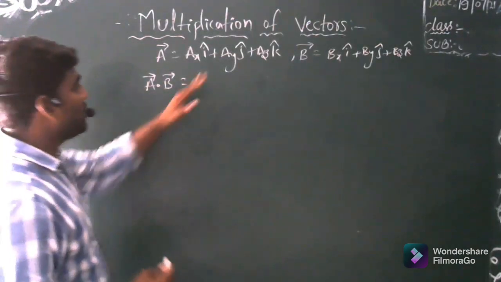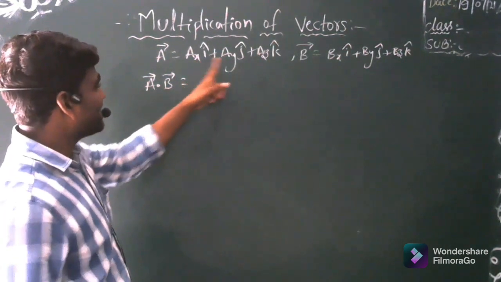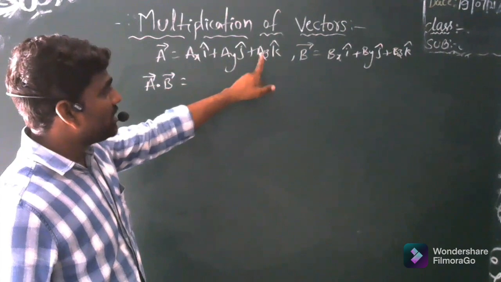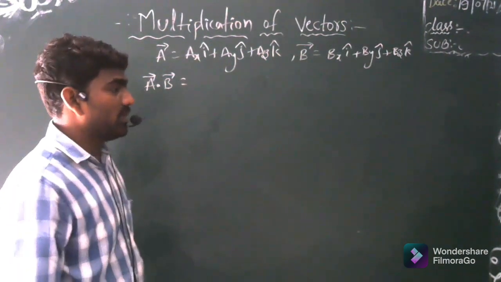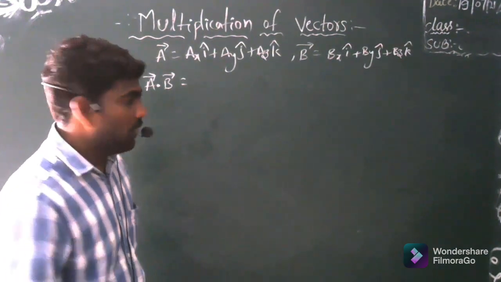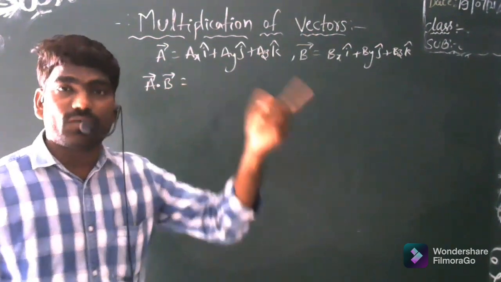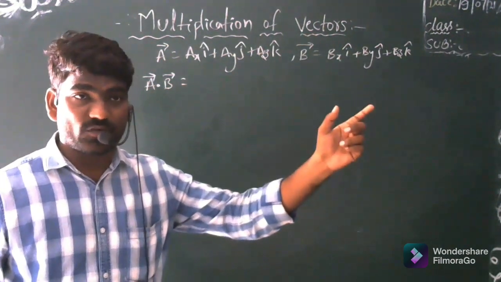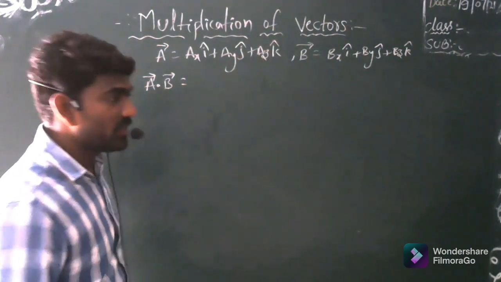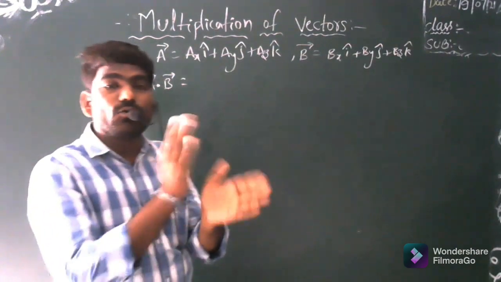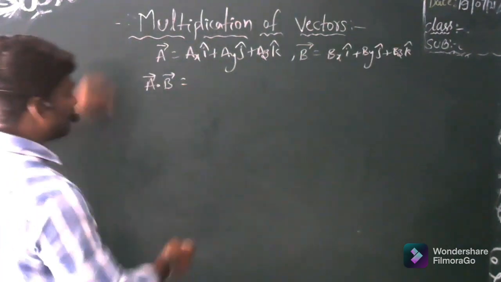Now, each vector has 3 components: one is the x-axis component, another is the y-axis component, and another is the z-axis component. In the same manner, the B vector also has 3 components, x, y, and z. Here the angle is not mentioned. That's why we cannot follow our general formula, magnitude of A into magnitude of B into cos theta, because cos theta is not mentioned in this problem. So how can we solve such problems without considering the angle between them? Right, let us see here.